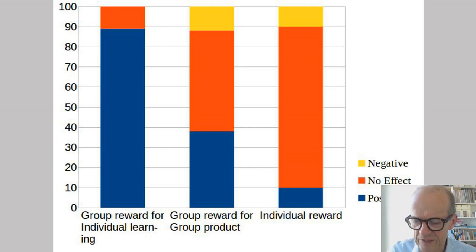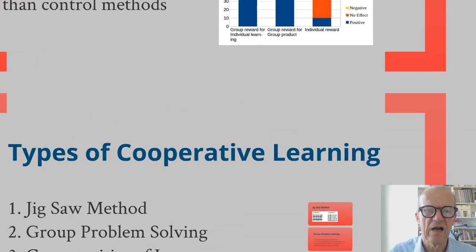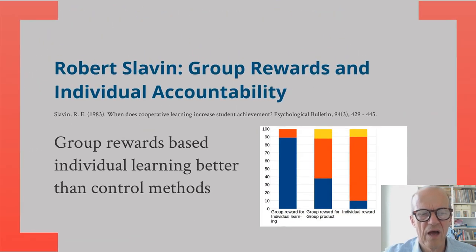But it is also at the same time perhaps not considered very wise to do so, because then the group members are more or less tied to each other. Well, you have to think about that, but it does make sense, as Slavin said, that the individual learning should be accounted for in the group rewards, and that will lead to the best group outcome.